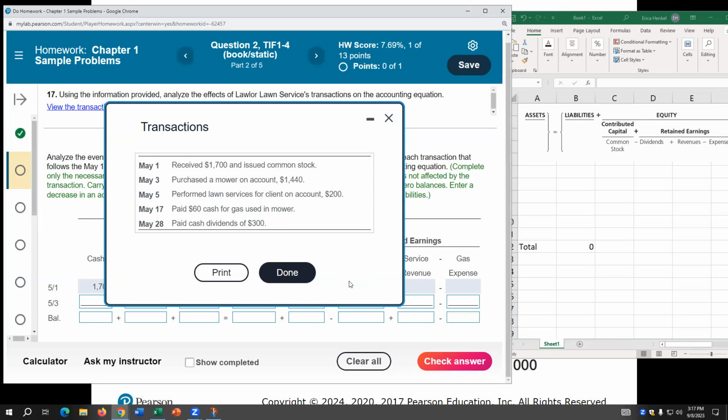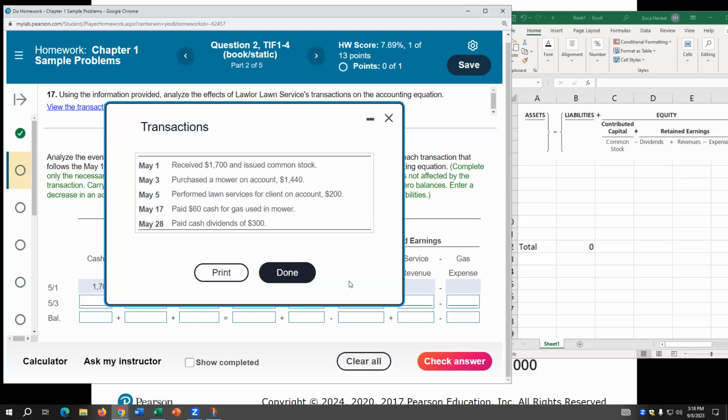So anytime you hear the phrase on account, it refers to either an account payable or an account receivable. Ignore the whole rest of the sentence. On account is a payable or a receivable. Then you look at what is the transaction that happened. If I owe someone money, it's an account payable. If somebody owes me money, it's an account receivable, okay? So if we purchase a mower on account, do we owe someone money or do they owe us money? We owe them money, yeah.